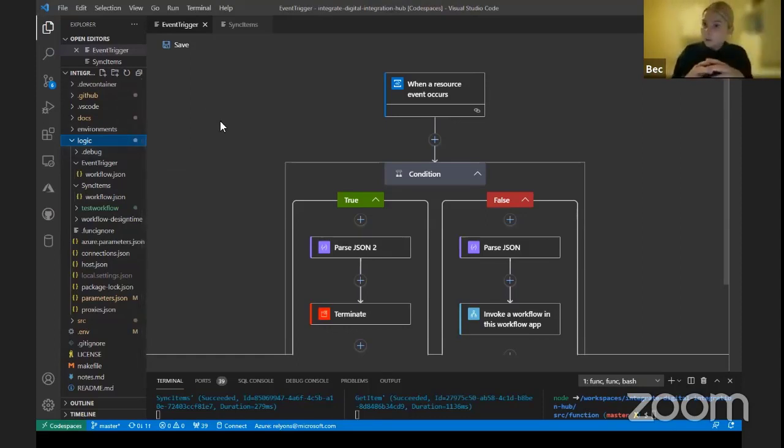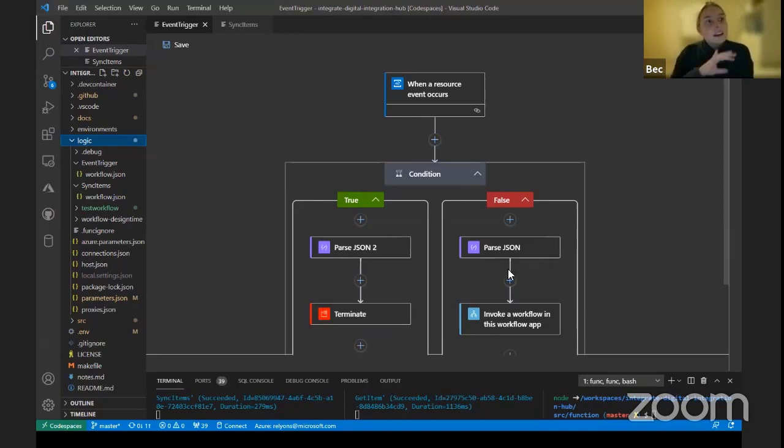So my first workflow is calling the Event Grid connection, and it will simply be kicked off every time Event Grid pushes out a notification to this particular logic app. In this case, I'm going to do some conditional logic to check whether that payload has data or not. If not, I can do error handling and retry logic or send a response back to another process to do some further handling. In this case, I've just terminated